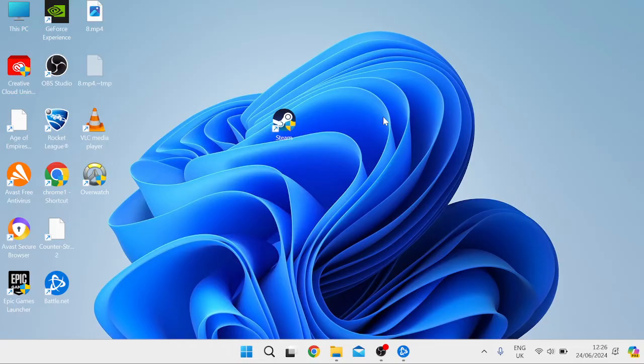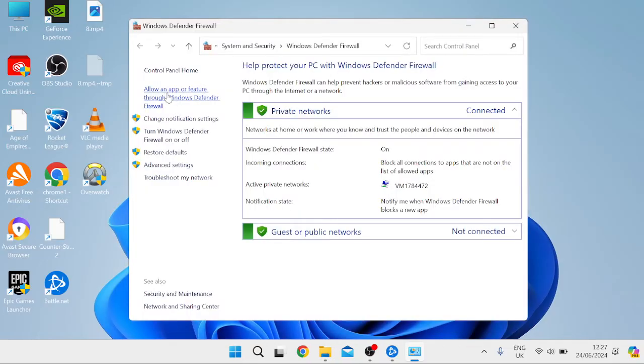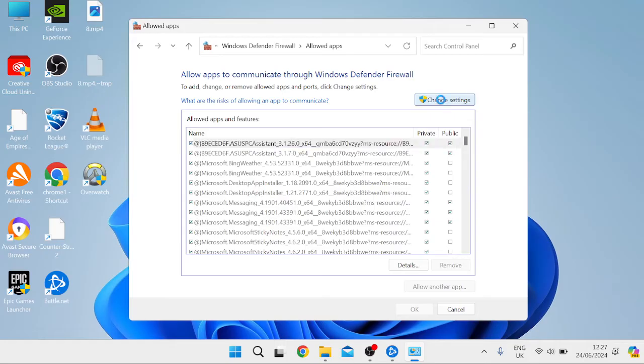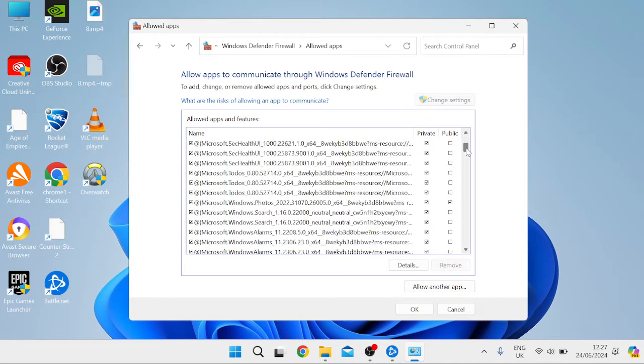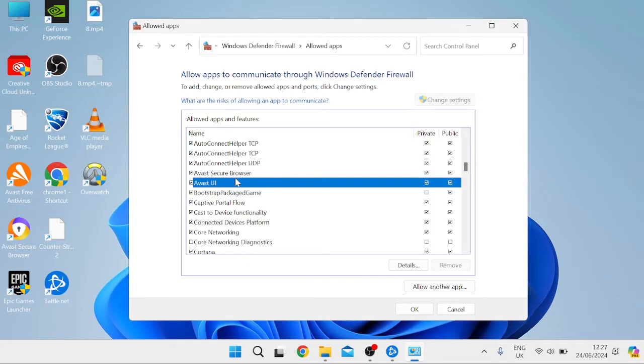Then the next thing you need to do is head back over to the start menu, search for Windows Defender, and come over to Windows Defender Firewall. Inside of here select allow an app or feature through Windows Defender Firewall, and press this change settings button at the top, and you need to scroll through this list of applications to check if we've already got battle.net added to this list. As you can see I don't have battle.net inside of here,